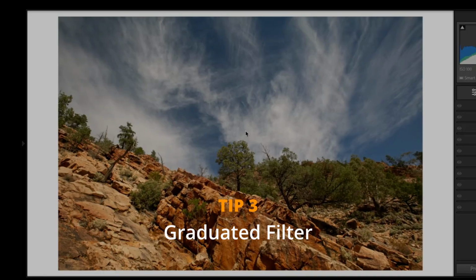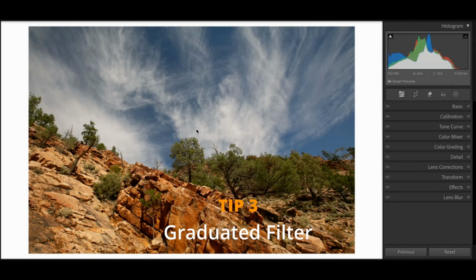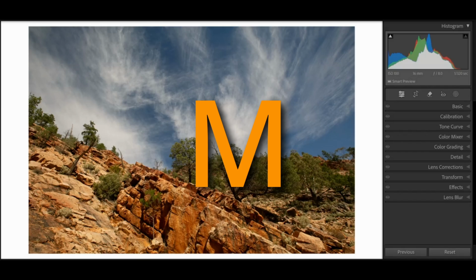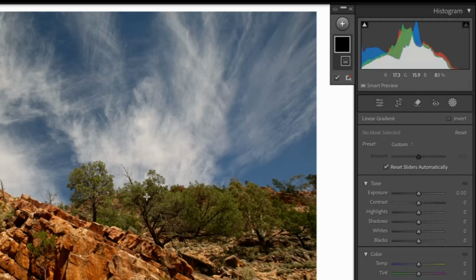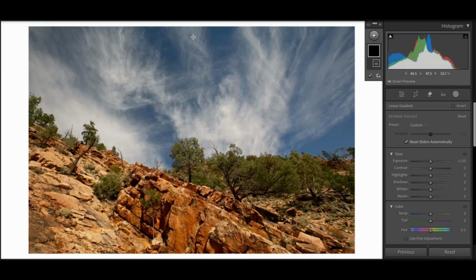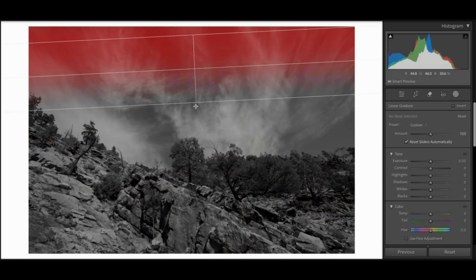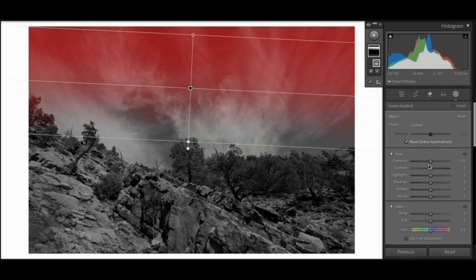So the next hack is hack number 3, which is the magic of the graduated filter, and this allows you to make really selective adjustments to your photos, which means you can darken skies, lighten landscapes, and add depth to your images. But there's a really quick and easy hack in Lightroom, and that is simply by using one single keyboard stroke, which is the letter M. So if we click on that, it immediately brings up the mask panel and automatically puts it into a linear gradient. So in this shot, I think the sky is far too dark, so we're going to lighten that up,